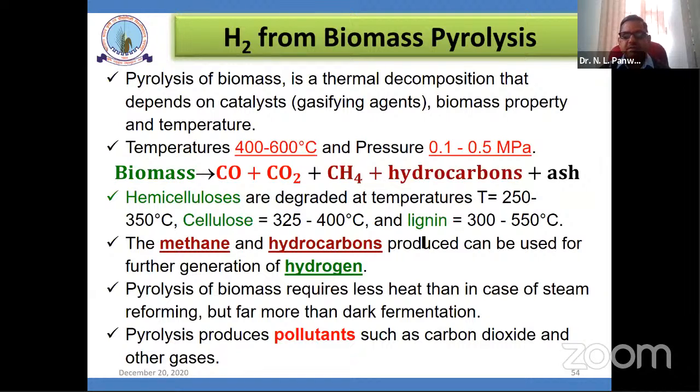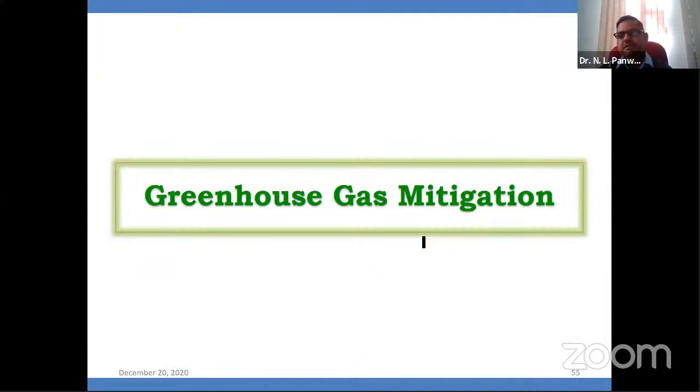And pyrolysis of biomass requires less energy than steam reforming. If you produce hydrogen through the steam reforming process, then quality steam is required and it is a more energy intensive process, but pyrolysis is a less energy intensive process. No doubt it certainly releases carbon dioxide and other gases to the environment, so some vicinity will be polluted. And now about greenhouse gas mitigation. Mitigation is nothing but how we can reduce the emissions from production. The greenhouse gases are nothing but